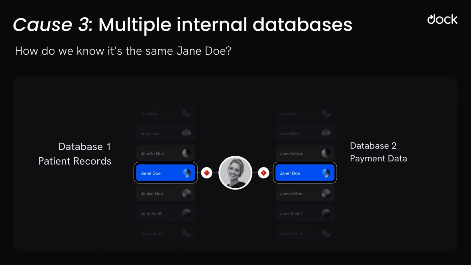But in a lot of cases, it's just that the regulatory requirements are so different for the data, it's easier to manage them in different databases. So in this example, we've got patient health data on the left, we've got payment data on the right. Those have completely different compliance regimes. It's pretty hard to reconcile those in a single governance process. And so keeping those in separate databases makes things easier.